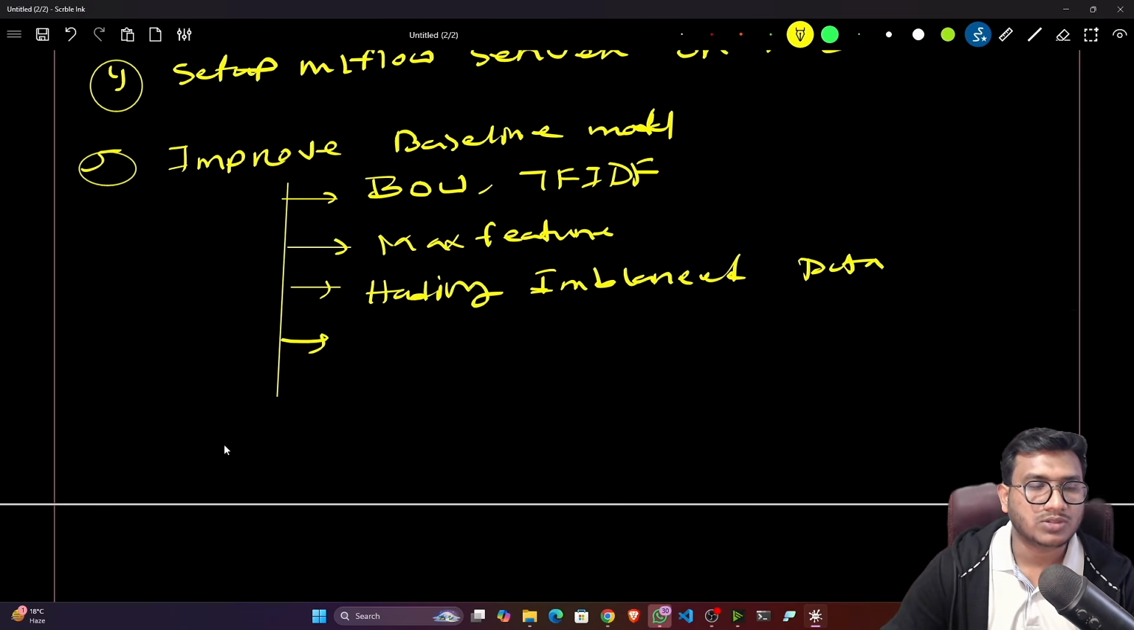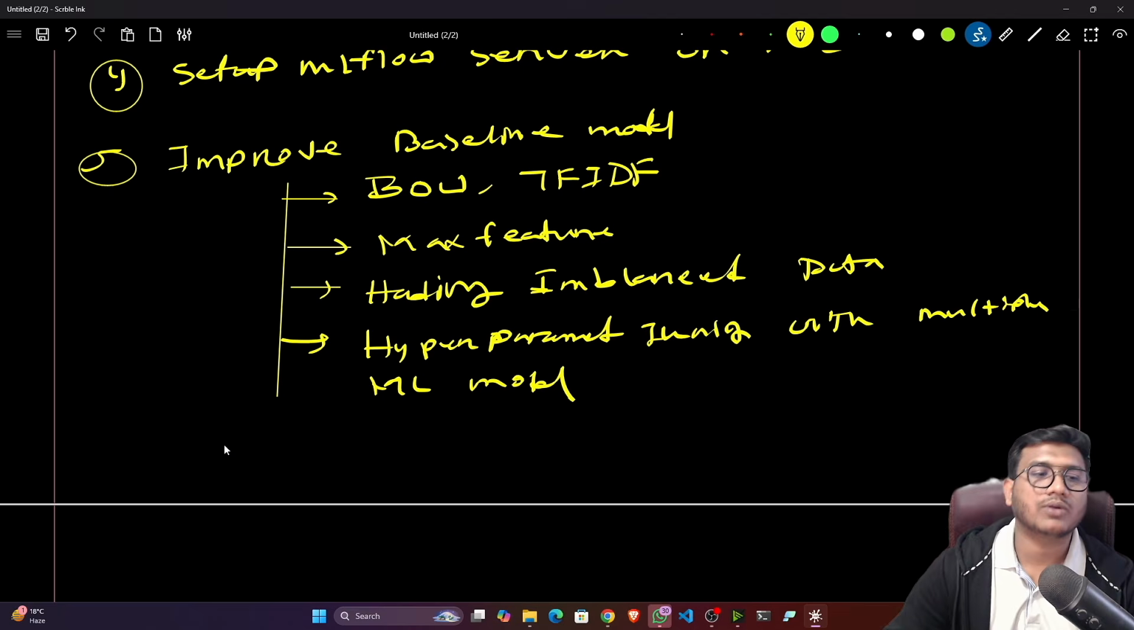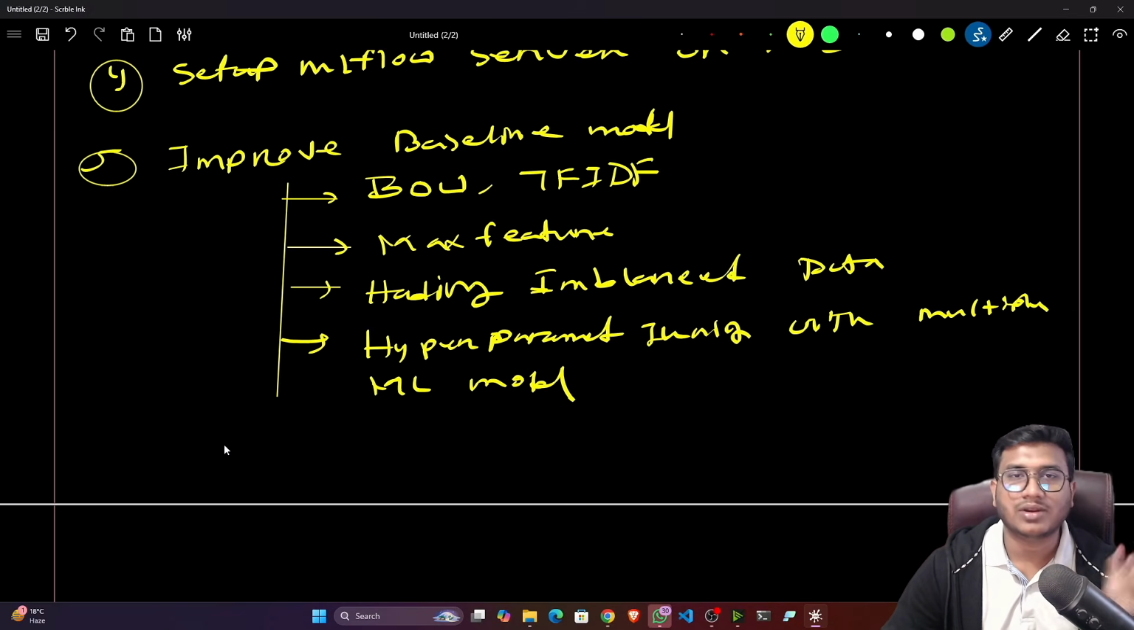Then we'll try to use multiple models. We'll try to do hyperparameter tuning with multiple ML models. So here we are not going to rely on only one model. We'll try to use multiple models, train our data, and see the performance of the models, and we'll log everything in the MLflow server,